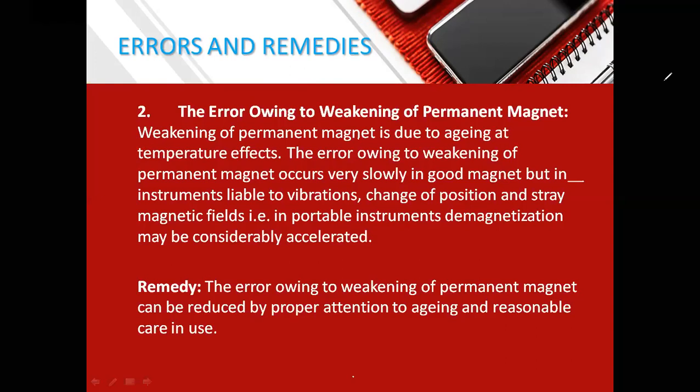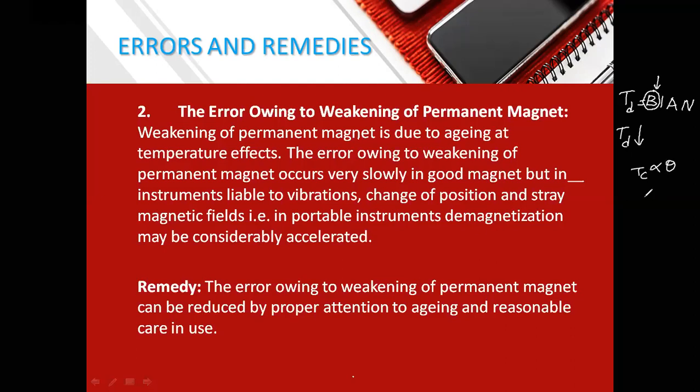So here, you can please check out on the right side. We know that the deflecting torque is equal to B I A N. So if after years this B is getting changed, the deflecting torque will get reduced. But spring control is there. Say spring control is good for 15 years. It will not get changed. It will be the same, which is proportional to deflection.